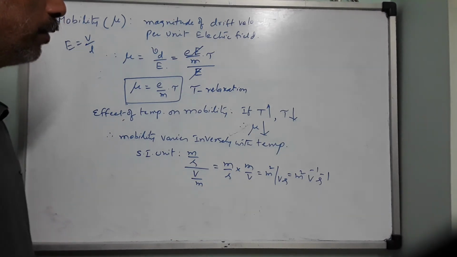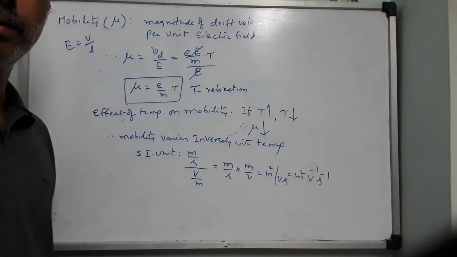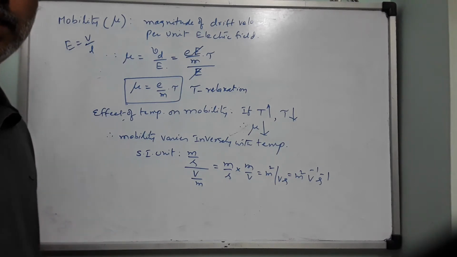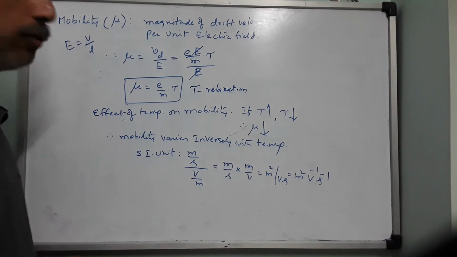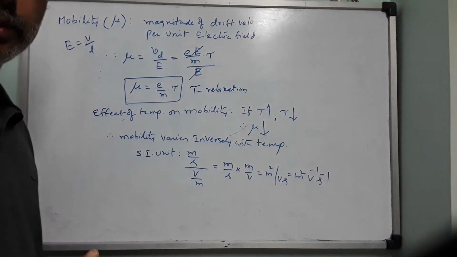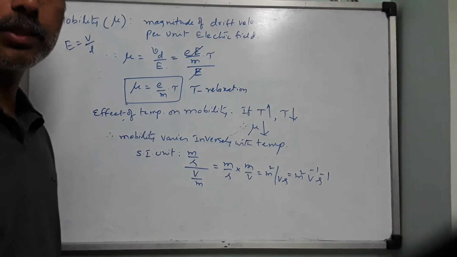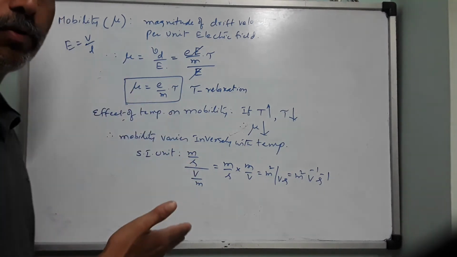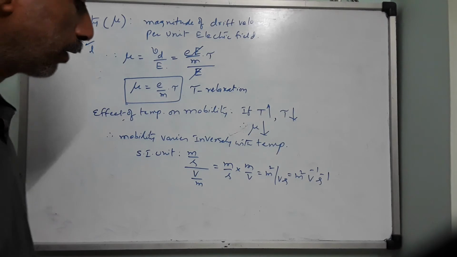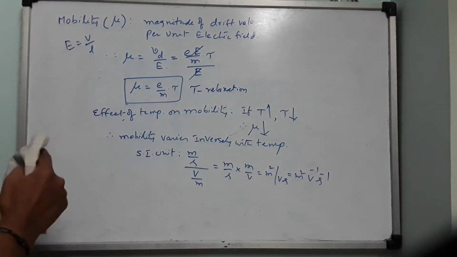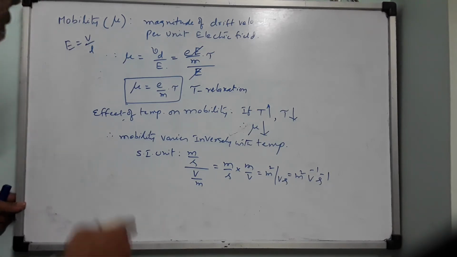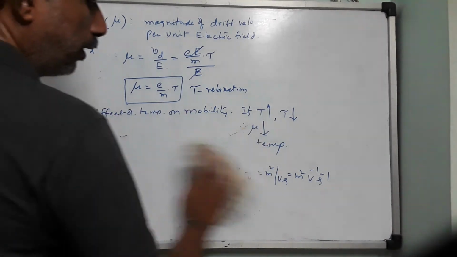But we corrected nearly 2,400 answer books. Very few children, I can name 1 or 2 only, scored 20 out of 20. So you should be very careful with all these things. It is not simply derivations or numericals that will fetch you marks. Even in these, when you are very particular about the subjective matter, you can answer the questions correctly. Right. So this is the other thing which you have defined now, that is nothing but mobility. So far we have derived the vector form of Ohm's law and the mobility of free electrons. Okay. Right.